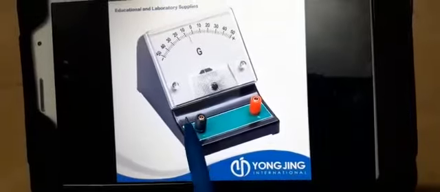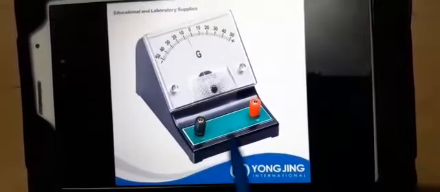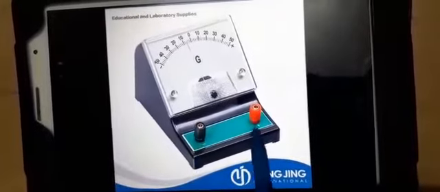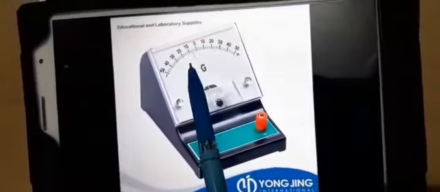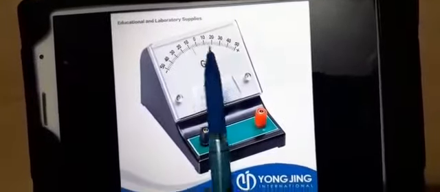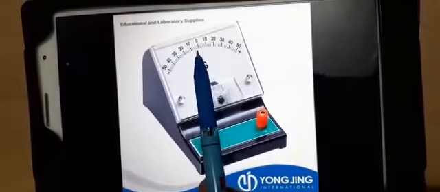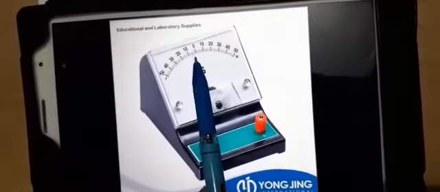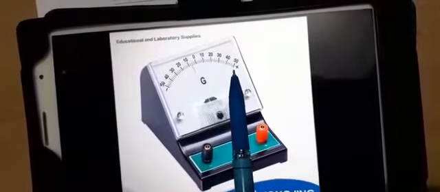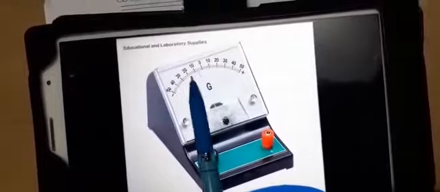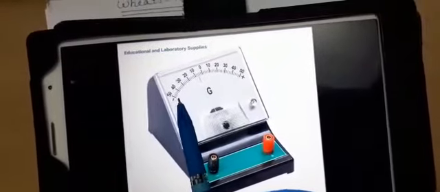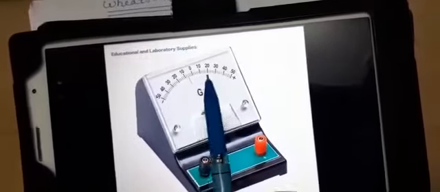Now see, this is the galvanometer. Again here are two terminals, black terminal negative, red terminal positive. See here, this G stands for galvanometer. You can see this 0, that means the reference point, and to the right of it there are 50 divisions. To the left of it there are again 50 divisions, 50 divisions on each side.